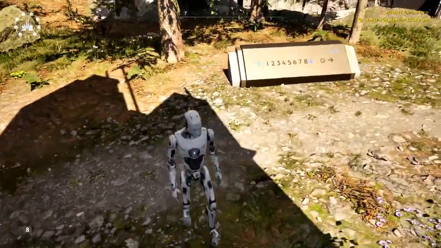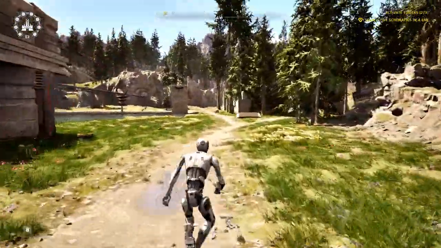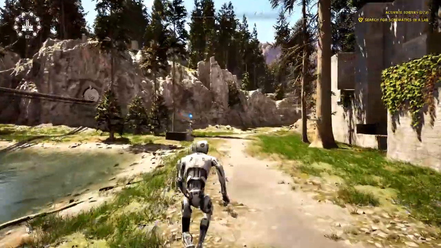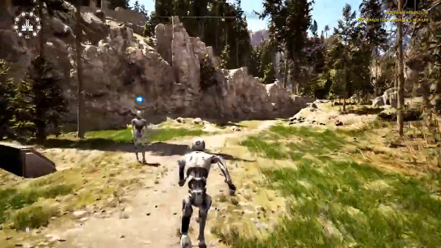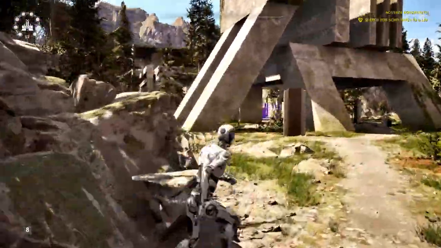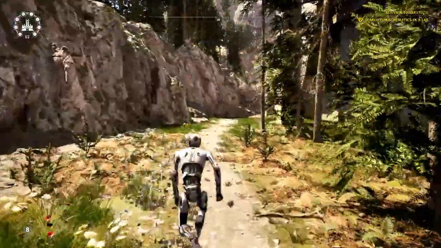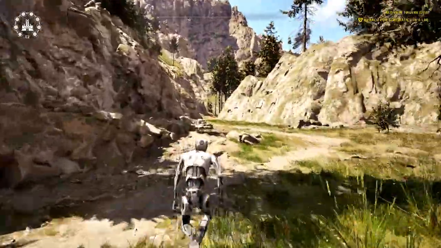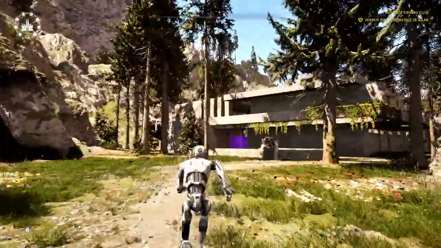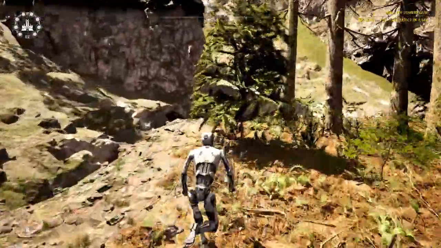I'm assuming it's right here somewhere. Let's see. So it's not flashing anymore. It's probably in this area somewhere though. Maybe in some kind of underground cavern or something, who knows. I've seen a couple of those in the first part. They're like little underground things. There's a question mark right there. And then there's a blue triangle. And I've seen those on the